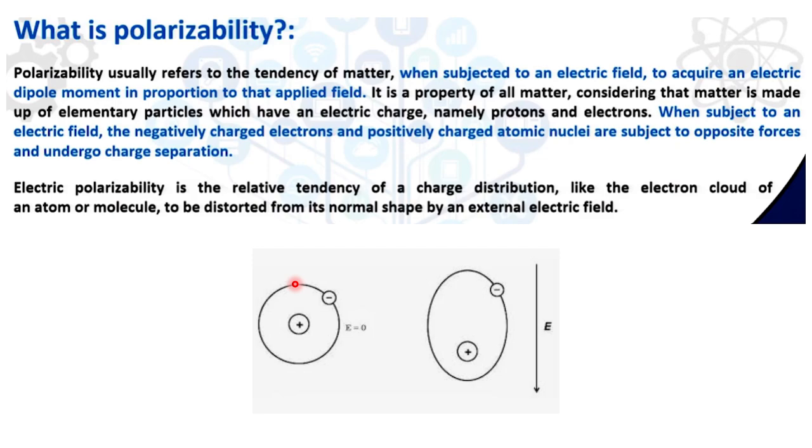The main funda is, in presence of electric field, the charge distribution will not be homogeneous. There will be a separation or change in the distribution based on the electric field direction